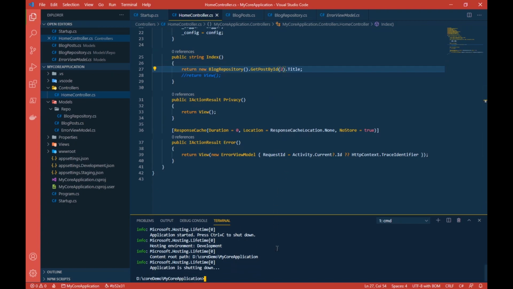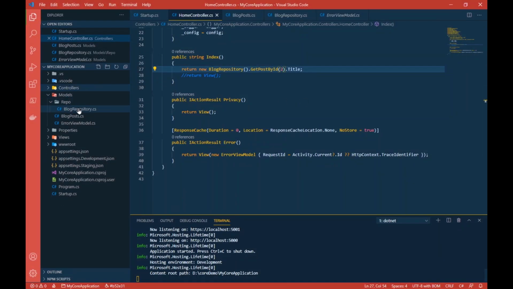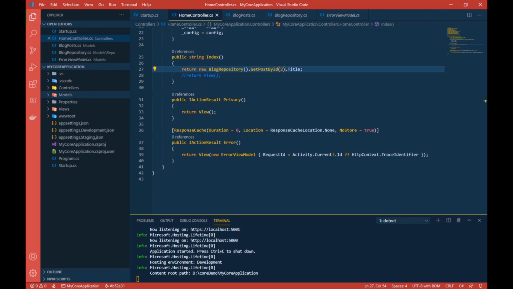and rerun the application. Okay, it started. So let's refresh this. Now you see my second blog. So basically, just to recap, this is models for you. These are just classes that represent your data and the logic to handle your data. That's all about models.